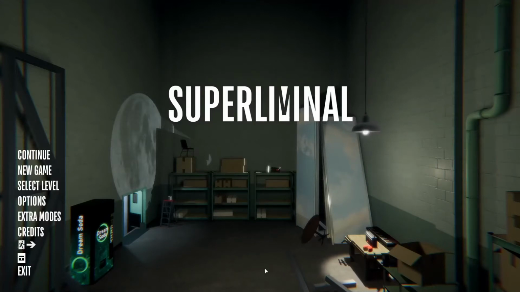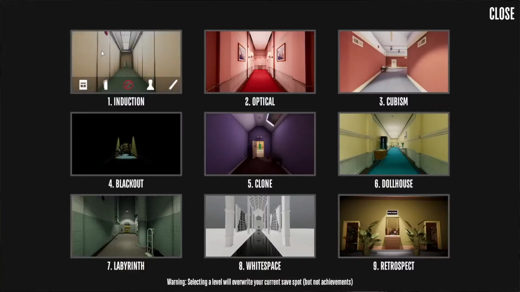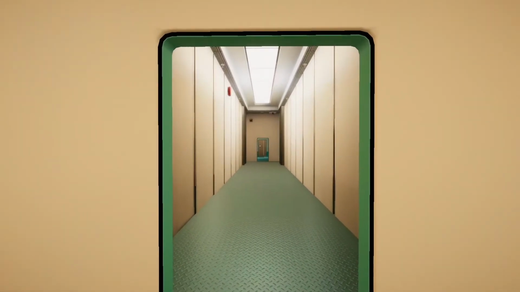Now for speedruns, it's not necessary to click New Game every time. All we're going to do is go to the level select screen and click on Induction. As long as you're using the in-game timer or LiveSplit with the auto splitter enabled, this will work just fine. All we have to do is turn away from this wall, turn back, and walk through the door to